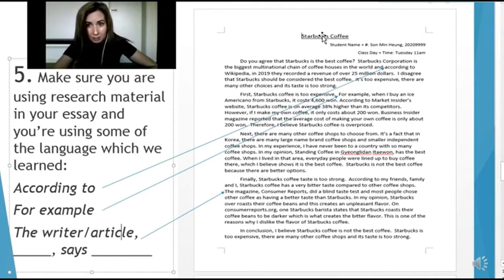I disagree that Starbucks should be considered the best coffee. It's too expensive. Okay, and so on. So what was the example? We had Wikipedia as the citation. Now normally, Wikipedia's not accepted, but with the COVID-19 situation, I will accept some online references, okay, because I